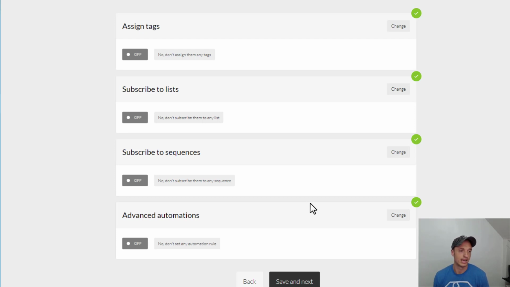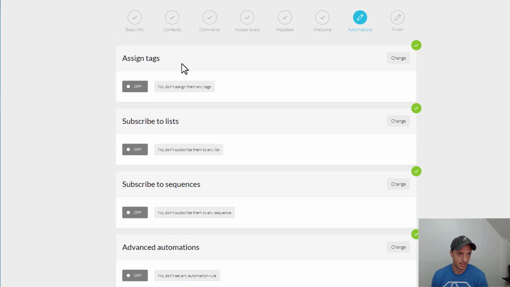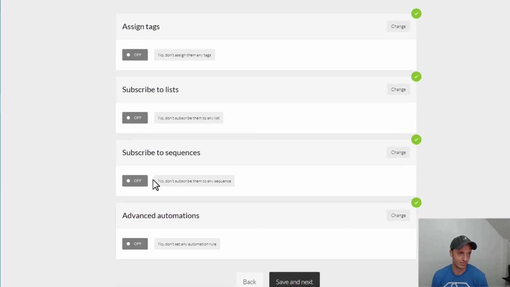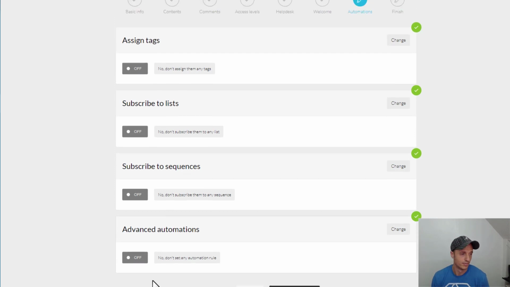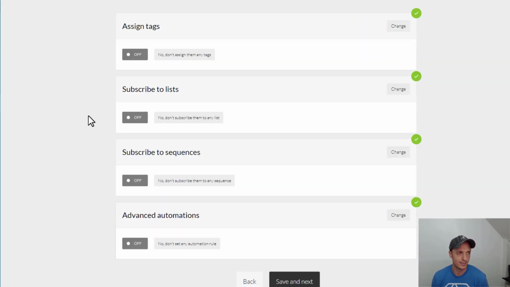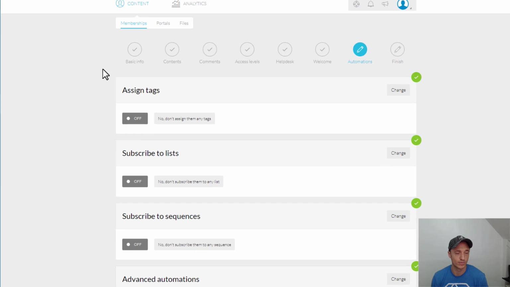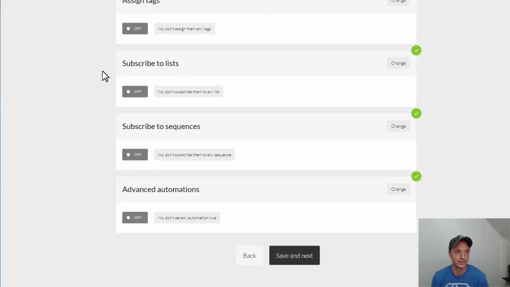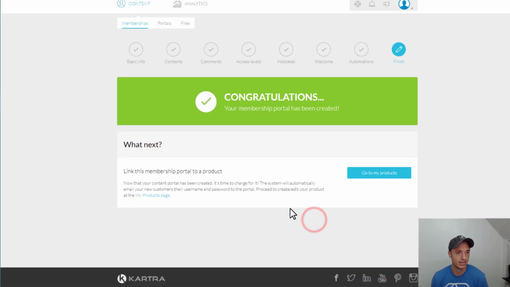can go ahead and do that. Now typically you probably apply the automation when they buy access to your membership site as opposed to when they like join it here, right? Because they're going to buy access. So you probably won't do many automations on this area because you're going to apply the automations when they buy the product. But again, to each their own. You'll figure out what works best for you. So I'm going to leave this blank for now. Save and next. And now what we need to do is go ahead and link this membership portal to a